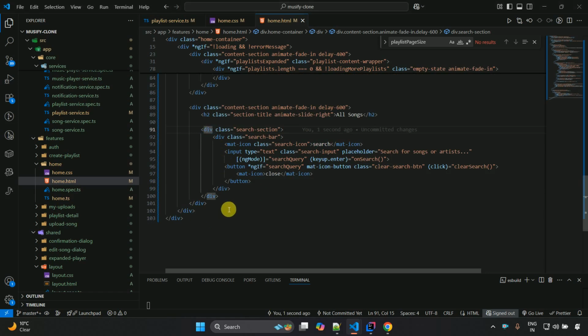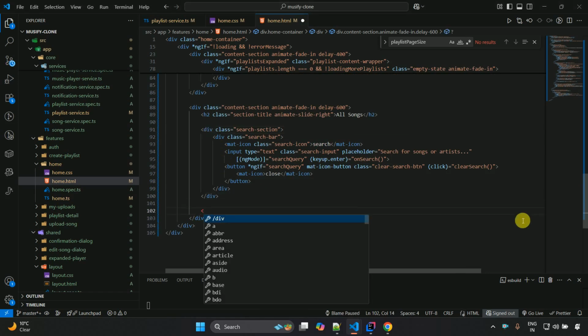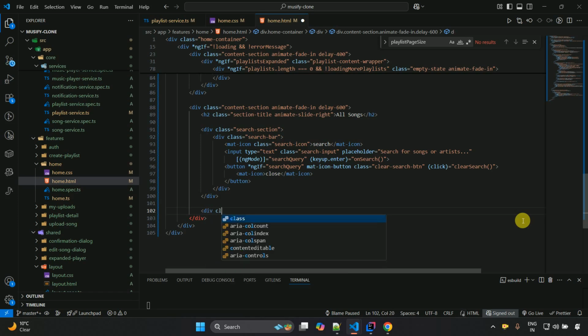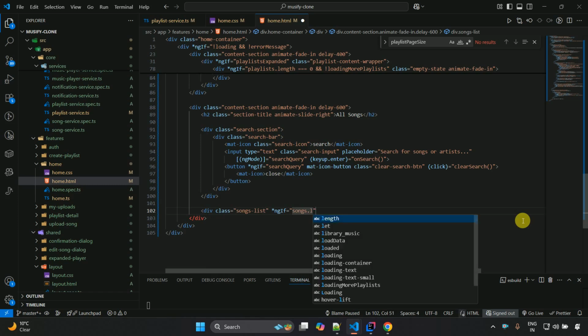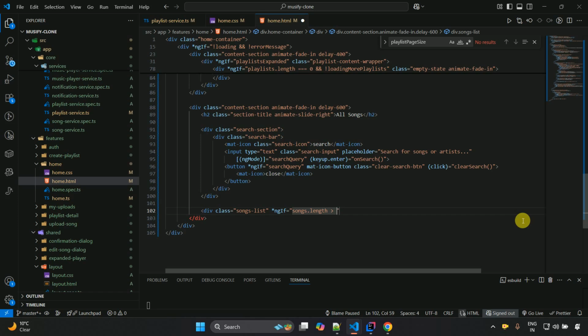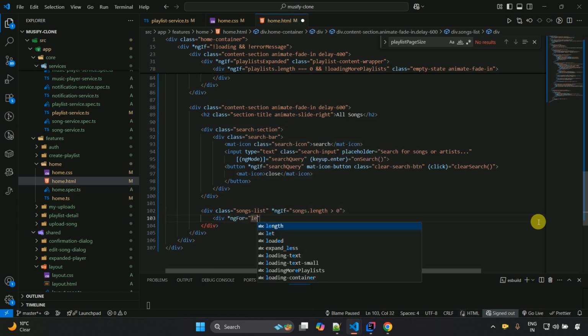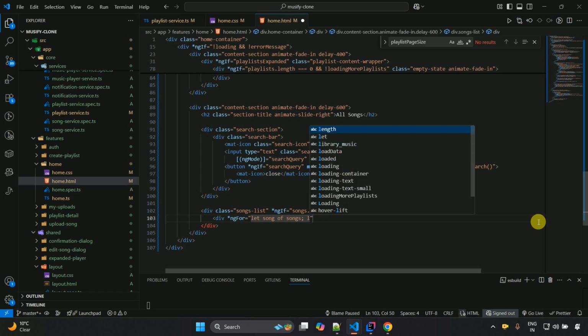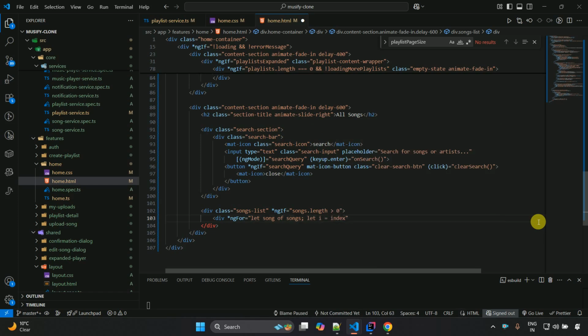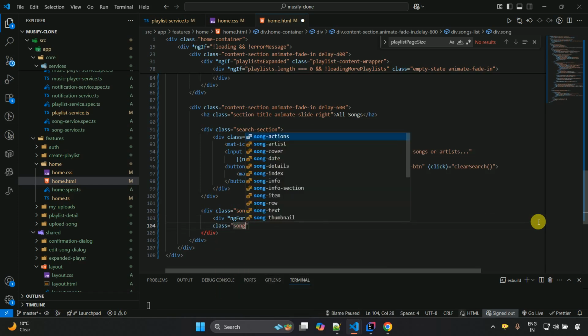So just after this particular div closed, we have to write here div class songs-list, and then *ngIf songs.length is greater than 0, then only we have to show this particular div, and then we have to write here div *ngFor, let song of songs; let i = index, and then class song-item,